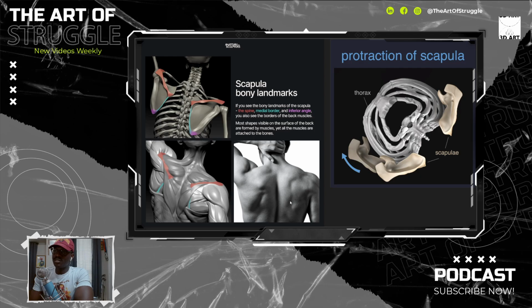What you'll see is the most shapes visible on the surface of the back are formed by muscles, yet all the muscles are attached to the bones. And all of these, they attach to the inside of it. It's crazy how our body works, right? Our muscles will start off on our back. They'll attach to the inside of our arm. They'll start at the top of the base of our skull, and then they'll attach to the back of our,